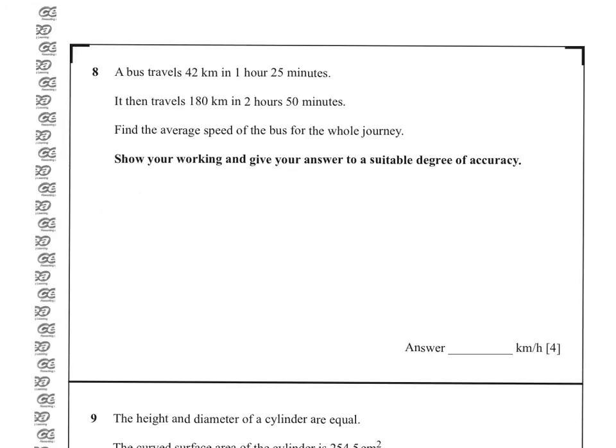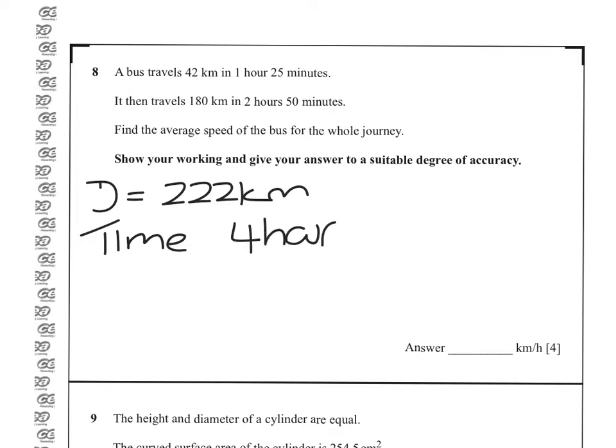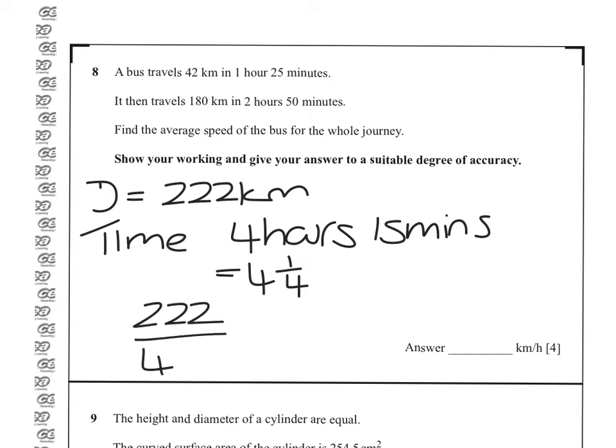So a bus travels 42 kilometres in 1 hour 25 minutes, then travels 180 kilometres in 2 hours 50 minutes. That means that the total distance travelled is 222 kilometres and the time 4 hours 15 minutes, which is 4 1/4. That means speed is distance over time, and it's important that we work in fractions, not 4 hours 15 minutes. This gives us an answer of